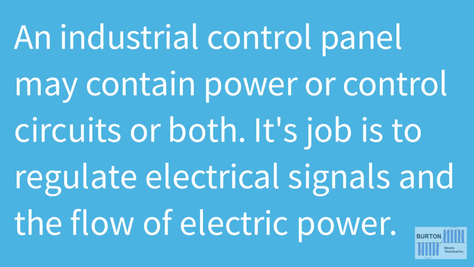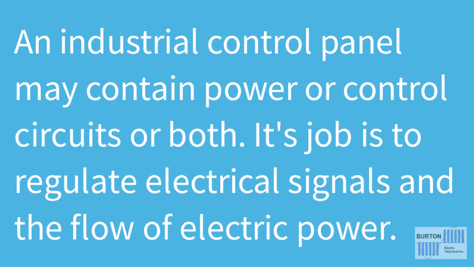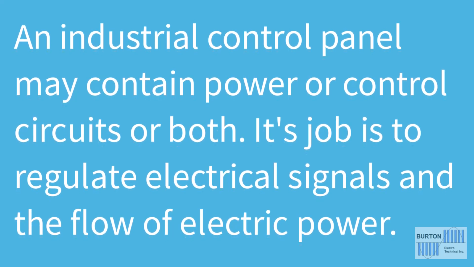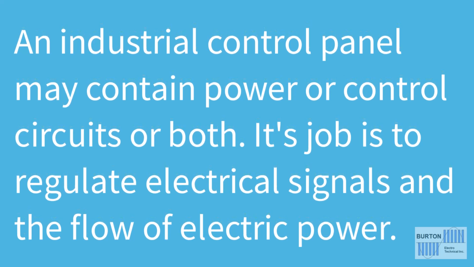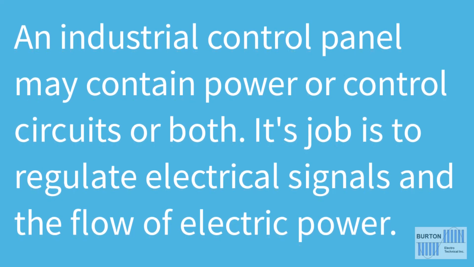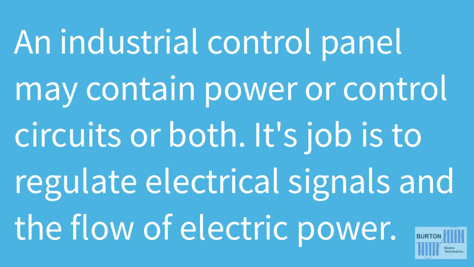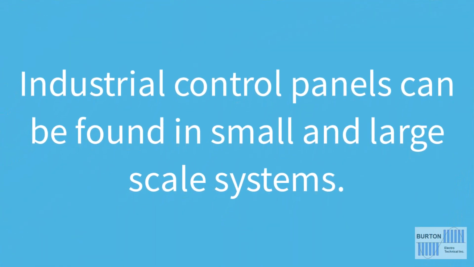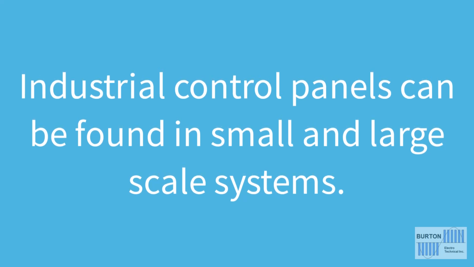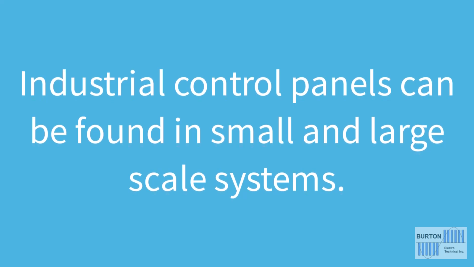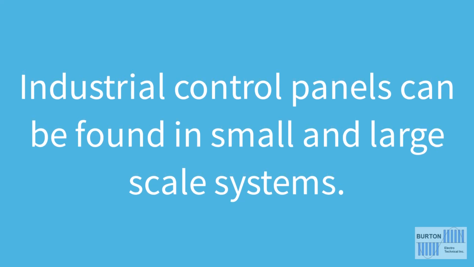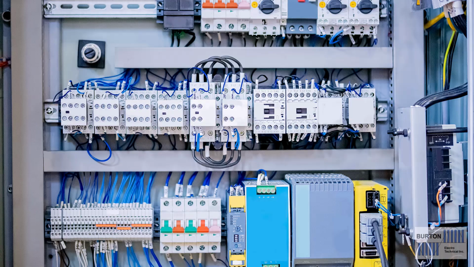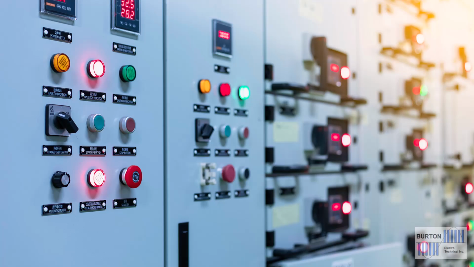An industrial control panel may contain power or control circuits, or both. Its job is to regulate electrical signals and the flow of electric power. Industrial control panels can be found in small and large-scale systems. Numerous systems are regulated by industrial control panels and associated equipment, including